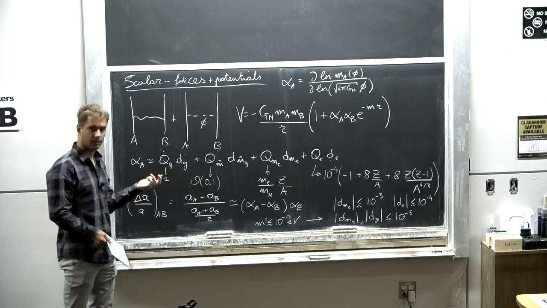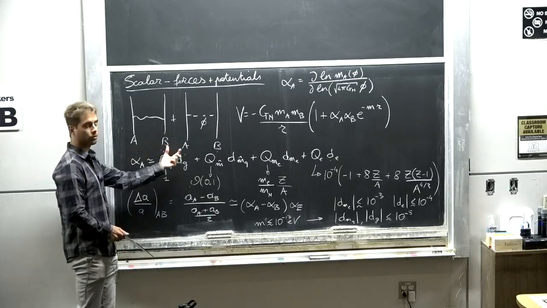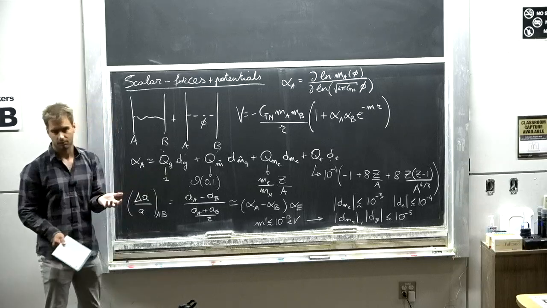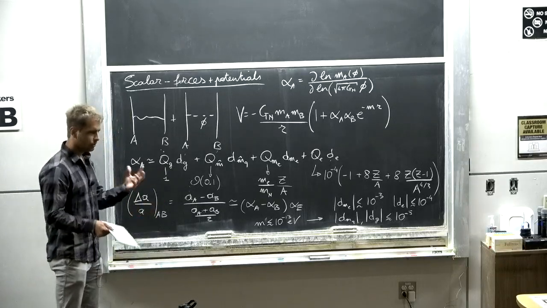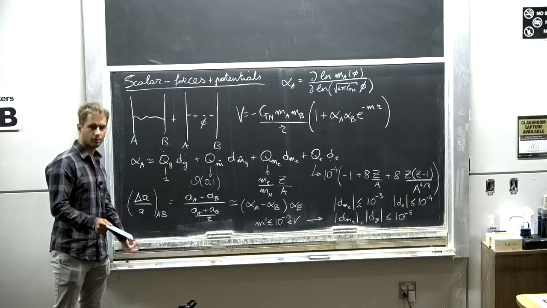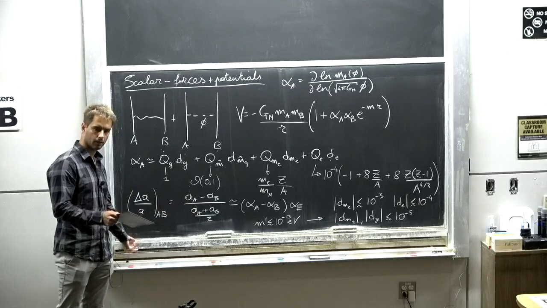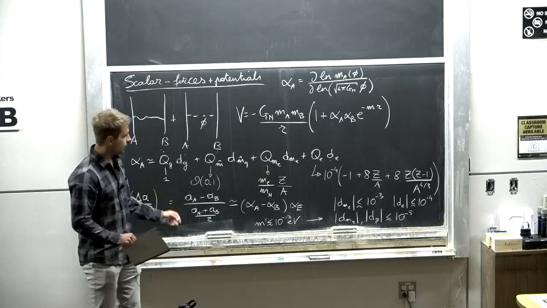Because it's a kinetically mixed photon, if you have neutral bodies A and B, they would not feel a force unless they're charged. So in that case, you're looking for violations of Coulomb's law, but you have to be very careful about shielding calculations. For a B minus L gauge boson,